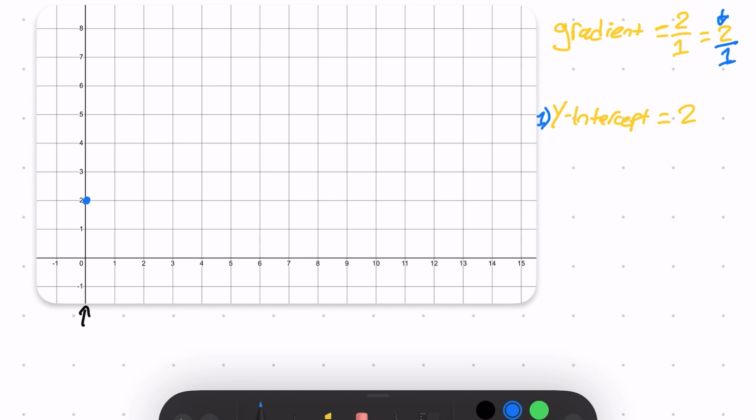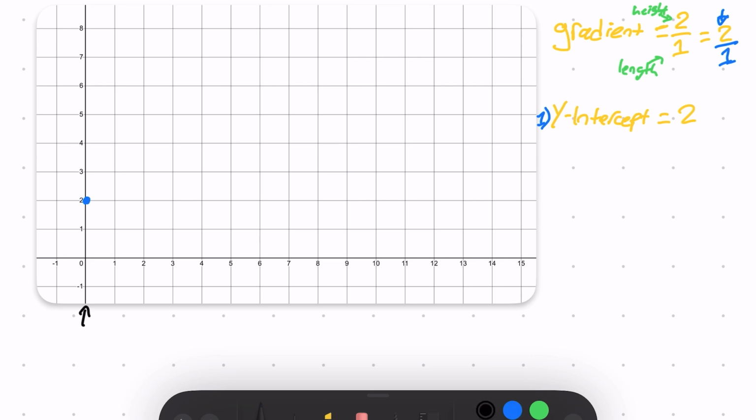Now, and this is why the gradient is important as a fraction like that, because these numbers here have meaning. These numbers have a meaning, each of them. The first one here is our height, remember? The first one is our height, and the second one is our length. Remember from last video, it is height over length, so the first number is our height, and the second number is our length. So let's start with our second number, the number 1, and that means that we are going